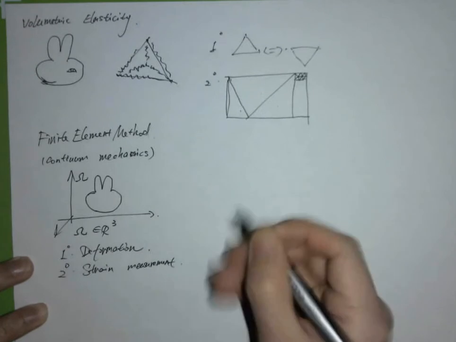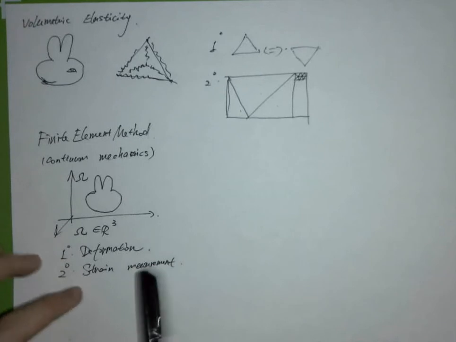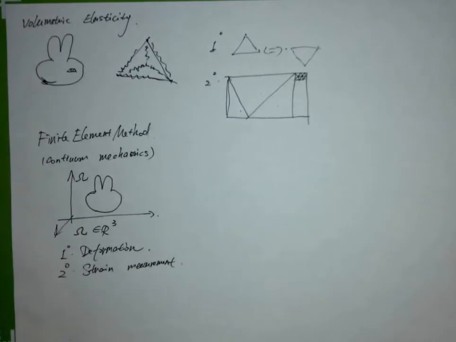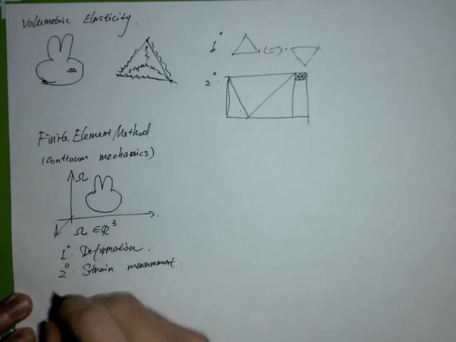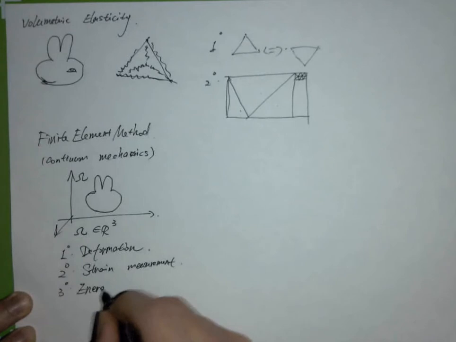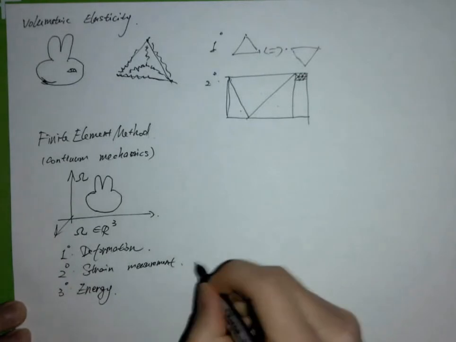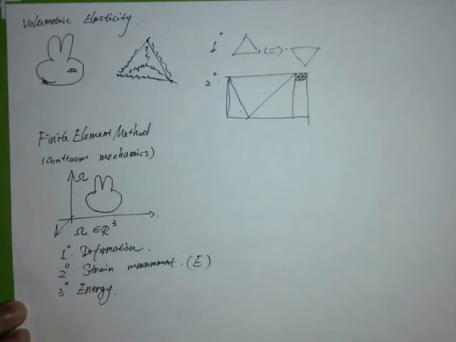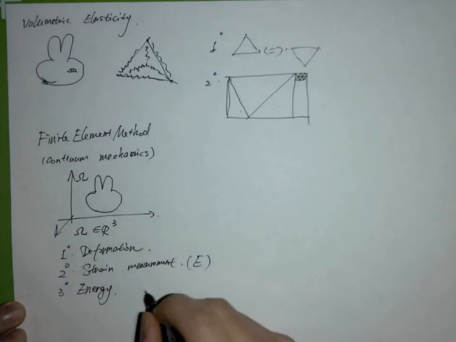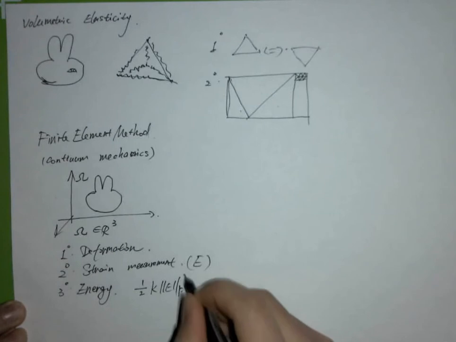To tell how much my current deformation deviates from my rest pose. Once I have the strain measurement, it is pretty straightforward to get the energy from it. If the strain measurement is E, like the Green strain tensor, then I can simply write the energy as 1/2 K times the Frobenius norm of E squared,